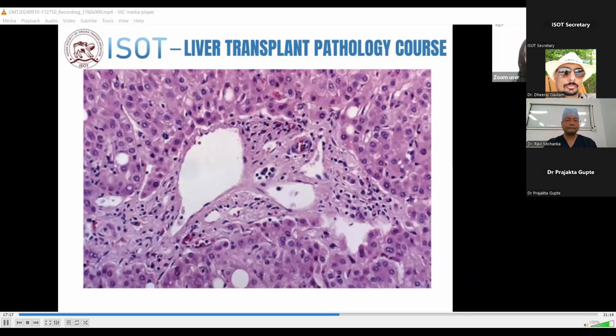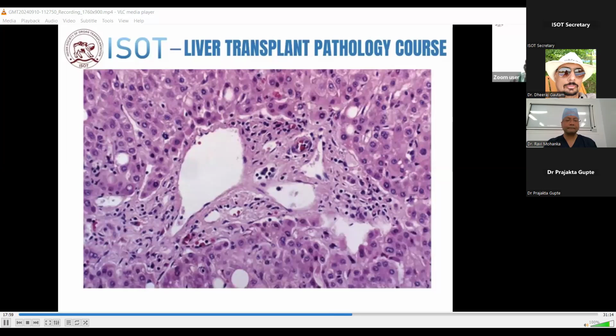Now, where all do we get such ductopenia? Ductopenia can be seen either in vanishing bile duct syndrome due to drug-induced liver injury or in ductopenic chronic rejection. So how do we know which of the two? In cases of VBDS, vanishing bile duct, we would have a preceding history of a drug which is known to cause VBDS. And usually there will not be a history of recurrent acute rejection or late acute rejection in these cases. Whereas in